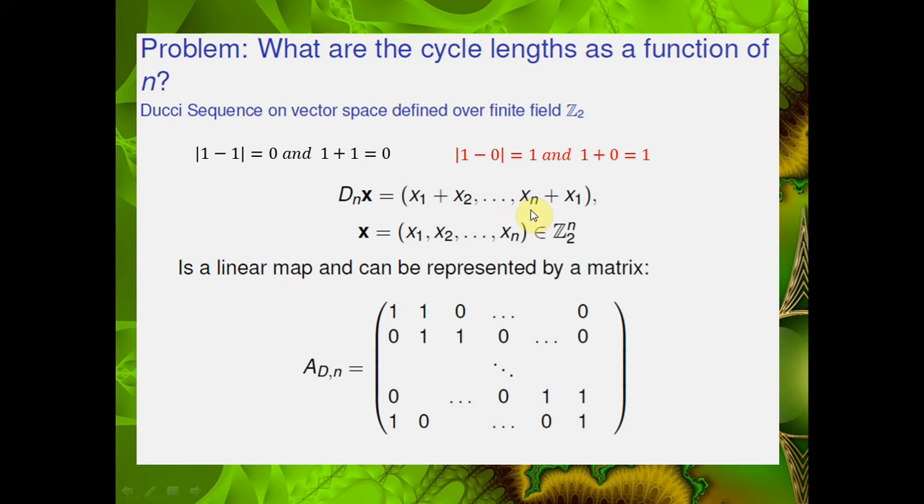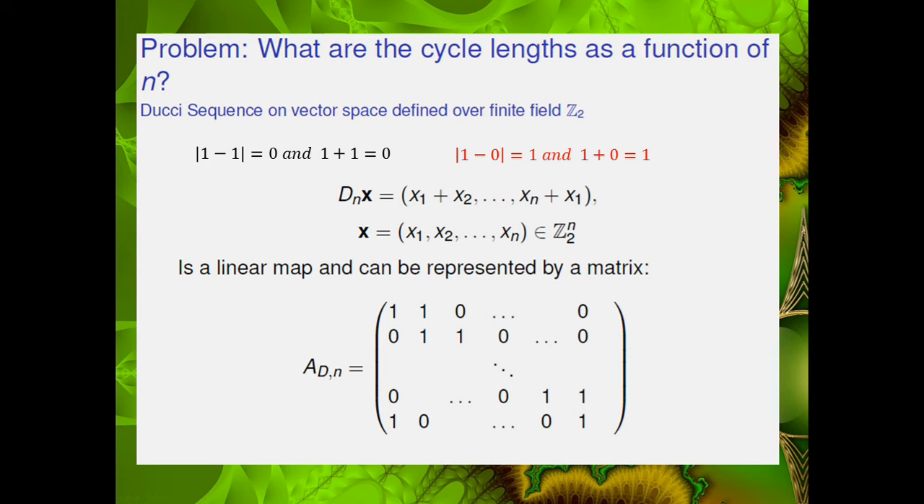It's a linear map. It wasn't on Z. On Z, it was not a linear map. The absolute value is definitely not a linear map on Z, but it is a linear map on Z2 to the n. And linear maps, if you remember from linear algebra, the most important theorem from linear algebra is that all linear transformations